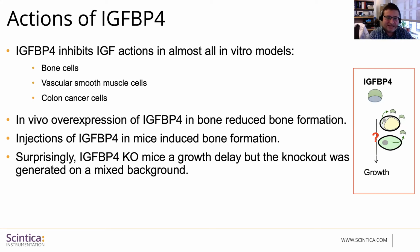However, when they injected IGF-BP4 systemically in mice, that induced bone formation. So that was really discordant with what was just seen before. And then surprisingly, the knockout mice had a growth delay, which was expected, but unfortunately, that knockout was generated on a mixed background. So it was a little difficult to say if that was specifically due to IGF-BP4 or